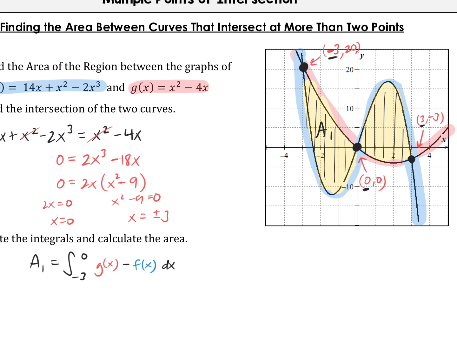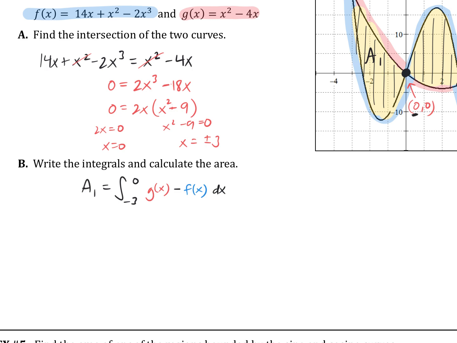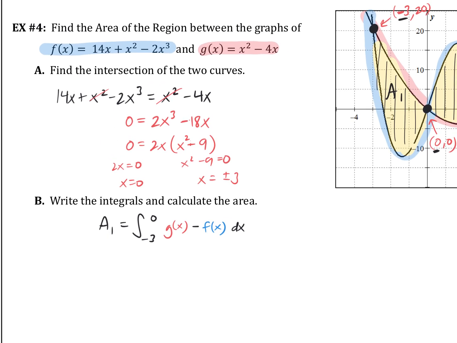Okay, so that's the order of how we're going to integrate that. And if I do g of x minus f of x, so I'm taking this g of x function up here, and I'm going to subtract my f of x function, subtract the entire quantity,